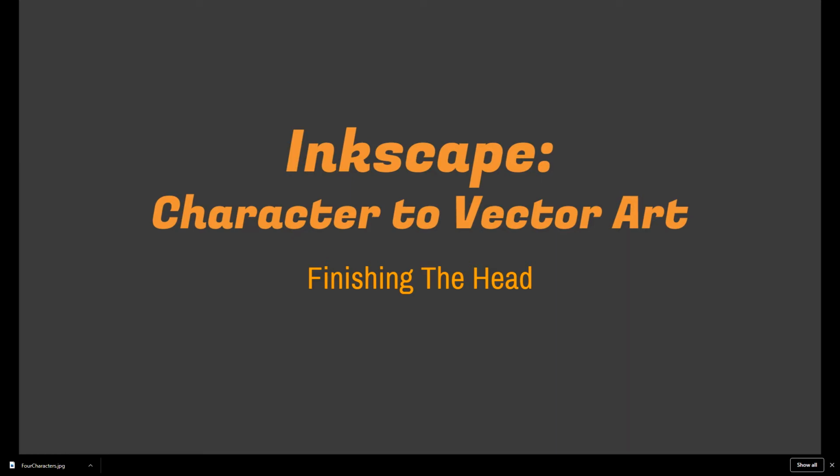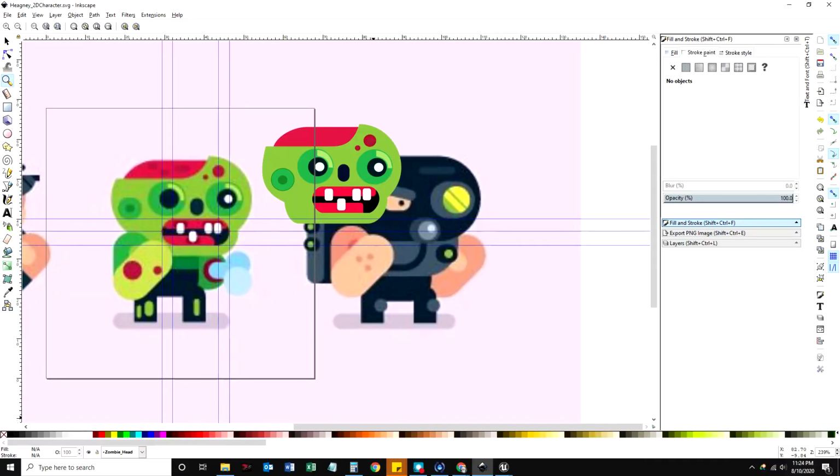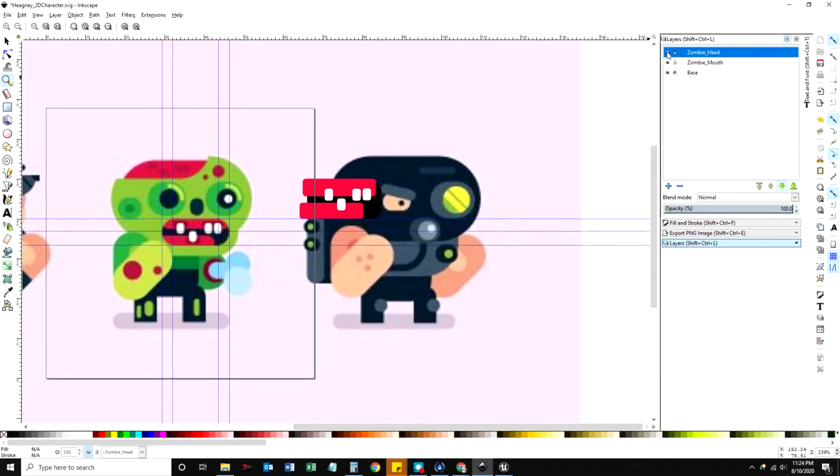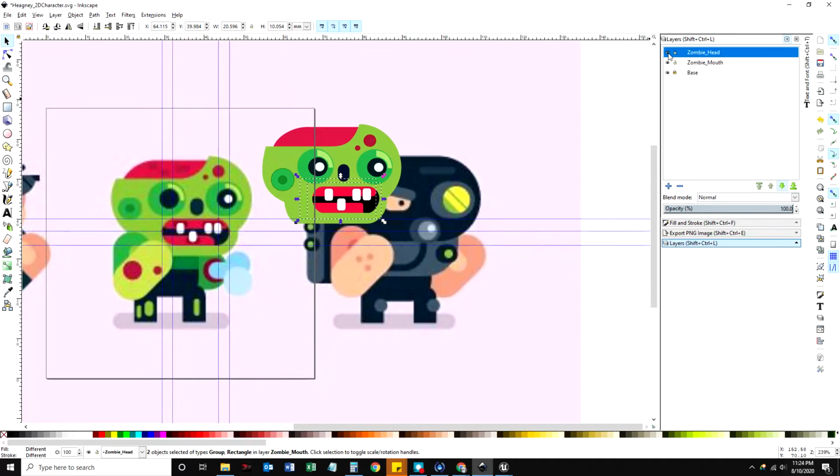I finished the head, or I almost finished it, and I wanted to show you what I ended up doing. I ended up creating a new layer called Zombie Mouth. I placed it below Zombie Head, and that way we actually have a mouth. And we don't have to finish off where the gums go, above and below, because the head